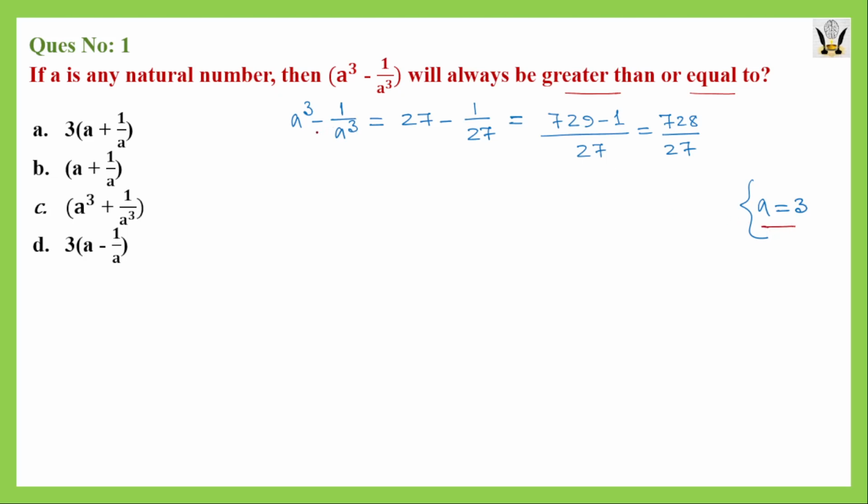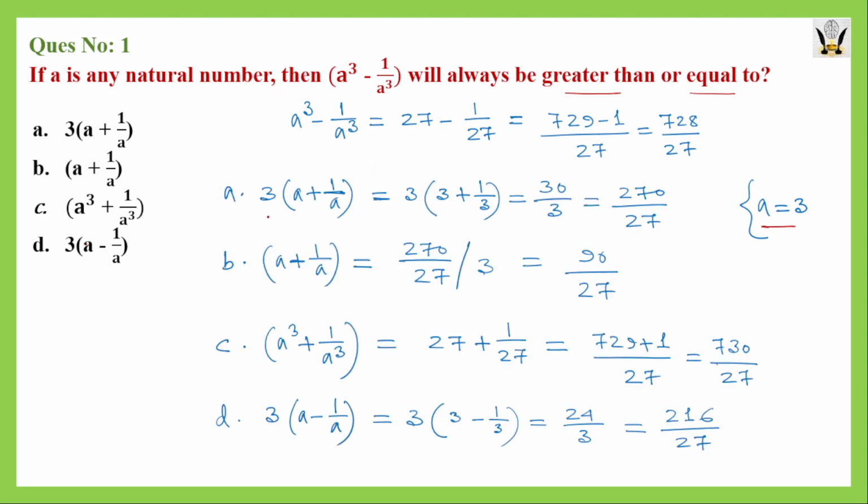Now if we put a is equal to 3, a cube will be 27 minus 1 by a cube will be 1 by 27. So the final value will be 728 by 27. Now taking a is equal to 3, if we calculate the values of all the options that are given, we will find that the first option 3 into a plus 1 by a will be 270 by 27. Second option a plus 1 by a will be 90 by 27. Fourth option 3 multiplied by a minus 1 by a, that value is 216 by 27,